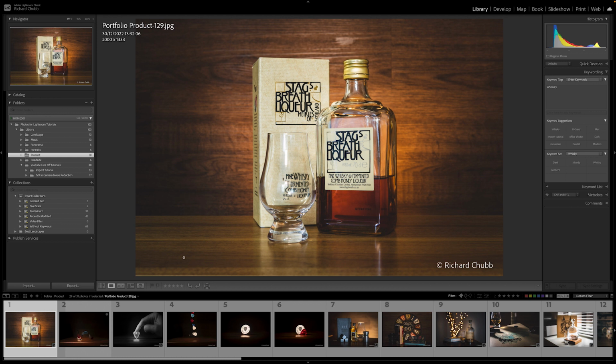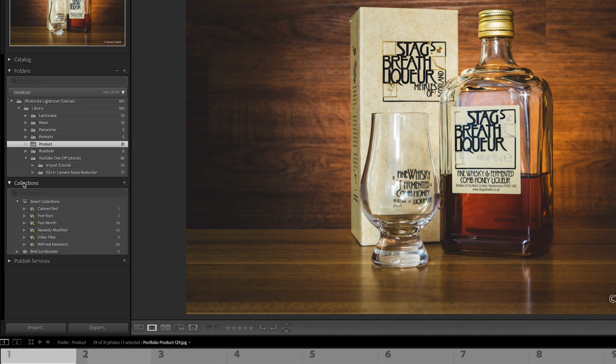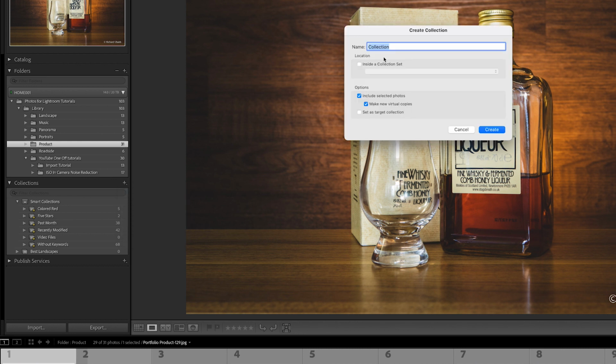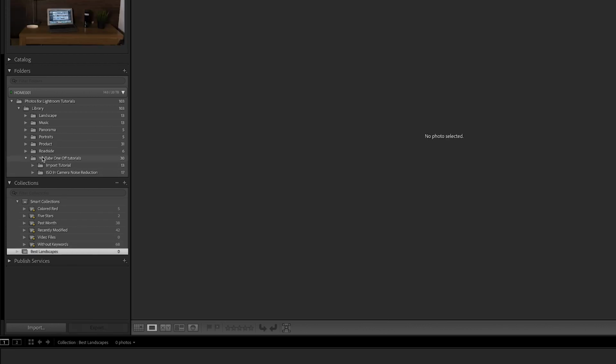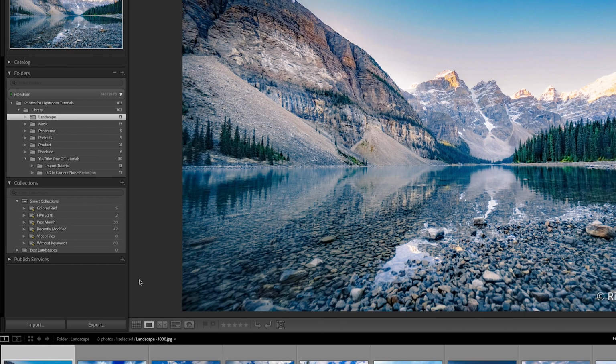First of all, where do you set up collections? Well, collections are set up in the collection area here. You can click the plus button and you can create a collection, and you just type in the collection name. I've already done one here called Best Landscapes, as you can see here. Nothing in there at the moment, so we are going to go to our landscape photos, and I'm going to